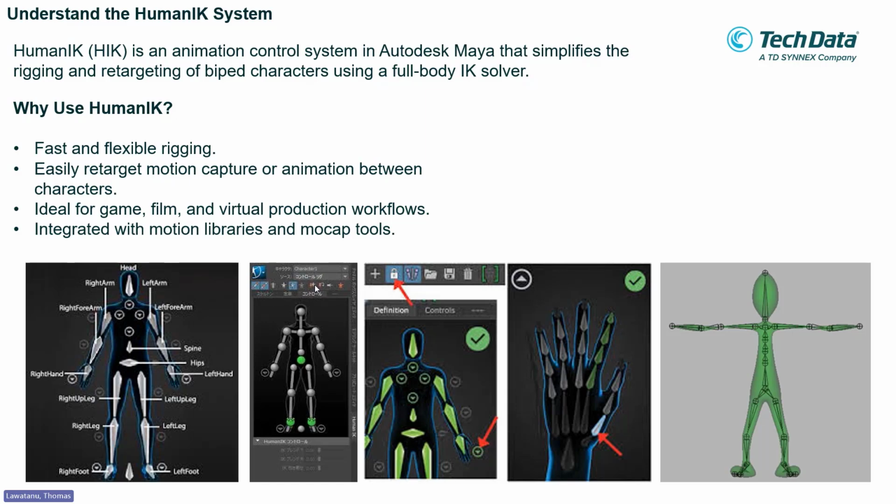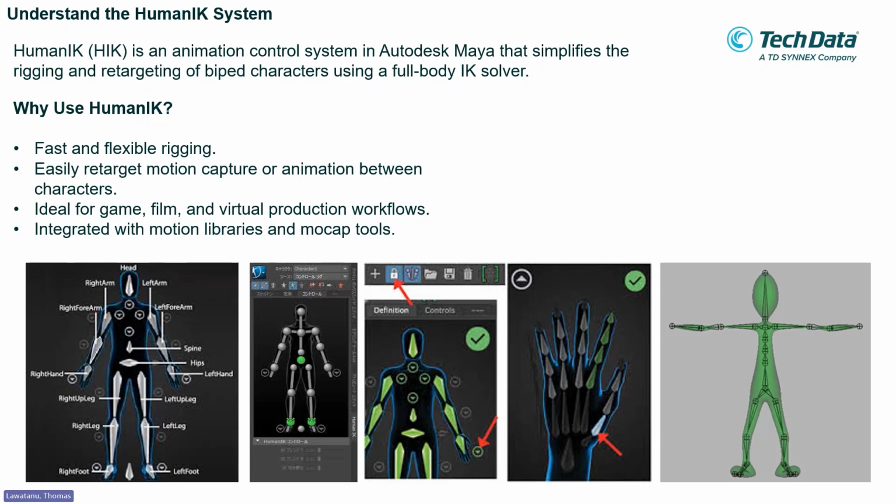Human IK is a part of the Maya tools that brings us an easier way to create the rig on your character, because there are a lot of things to do in the rig. Maybe you understand how to create the rig manually, creating bones one by one. I think it takes time.